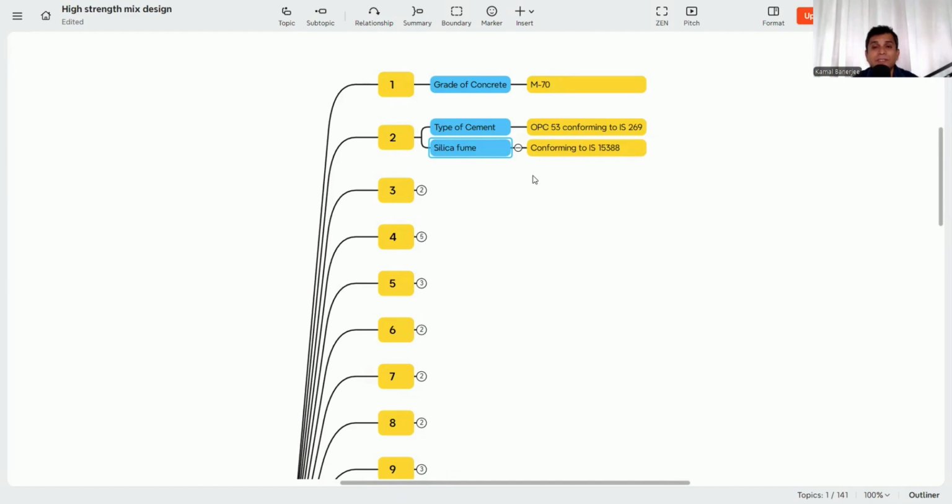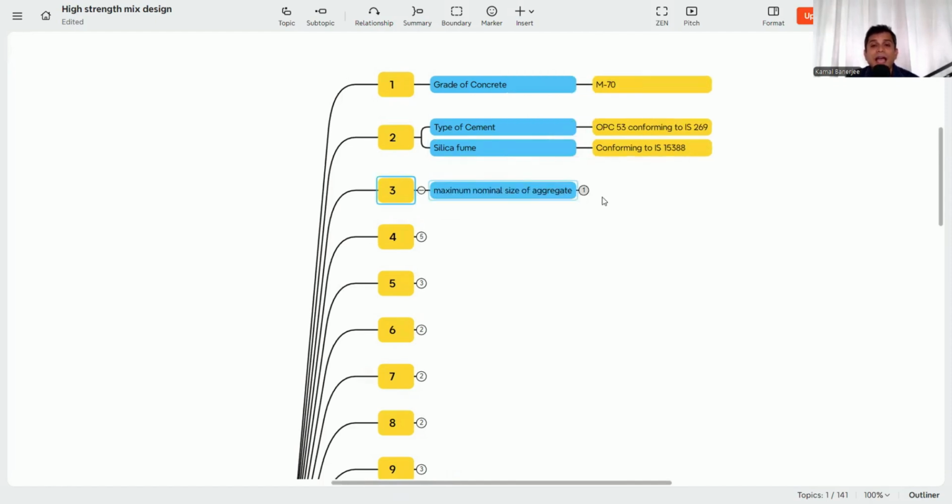So here we are considering the high strength grade M70. And what is the type of cement we are using? That is OPC 53 conforming to IS 269, and silica fume conforming to IS 15388. Also we will use fly ash as per IS 3812. So grade of concrete is M70, type of cement is OPC 53, silica fume is conforming to IS 15388, and